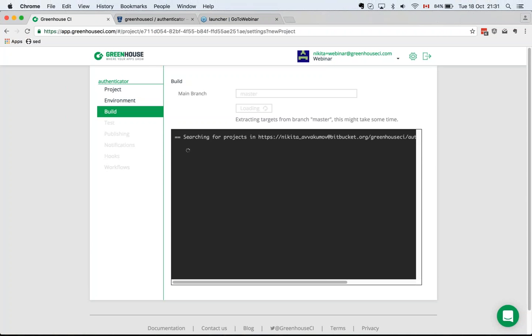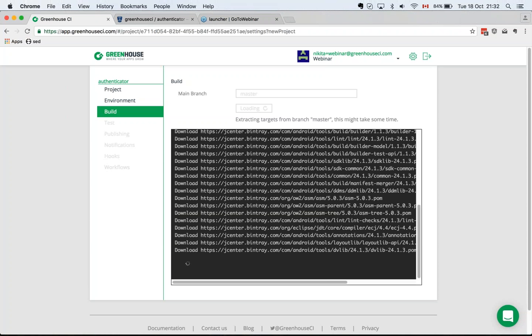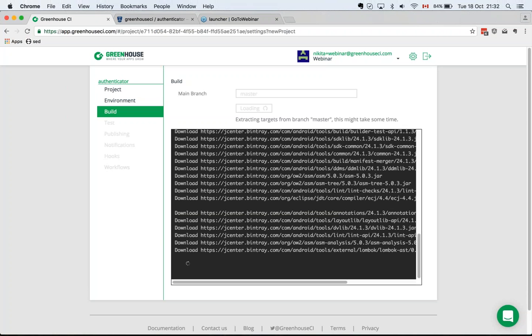So that process is taking a few seconds. It is important at this point for me to point out that everything that's happening right now in Greenhouse is happening within an isolated sandbox. That sandbox was created just for this particular scan, and it will be destroyed when the scan is finished. This means that every build, every scan is entirely self-contained, and there is no danger of any kind of cross-contamination. There is no danger of your data or your source code leaking to other Greenhouse users. So it's a very secure solution